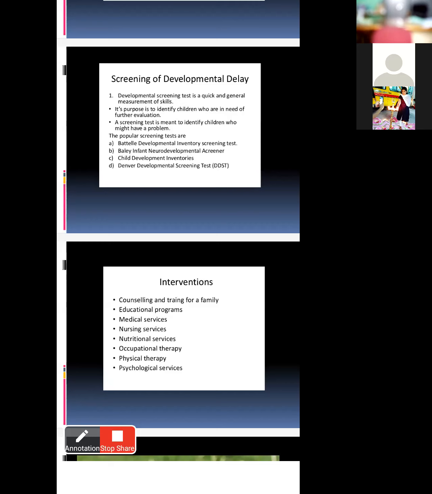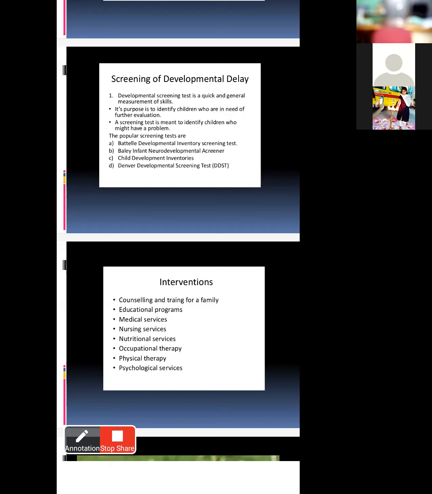This is for infant age, which means 1 to 3 years. At that age, you can identify how the nerves are developing and functioning in total with this screening test. And third, the Child Developmental Inventories, which show how children are developing, how delayed the developmental skills are. All of this you can observe in the Child Developmental Inventories.